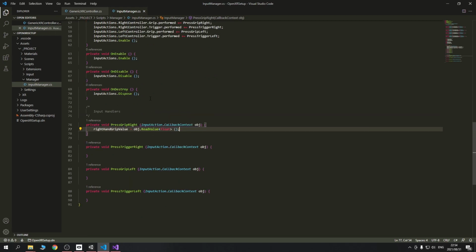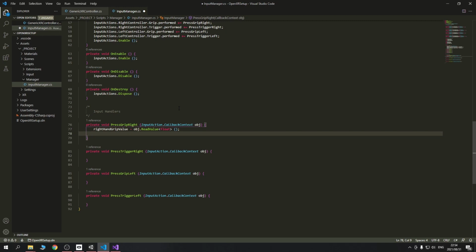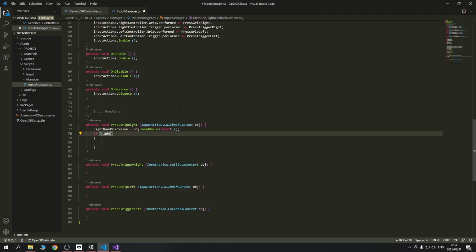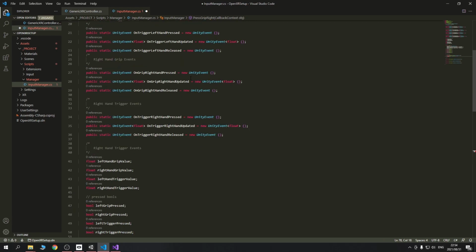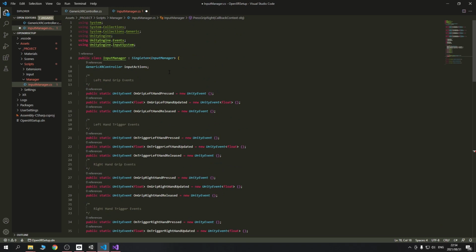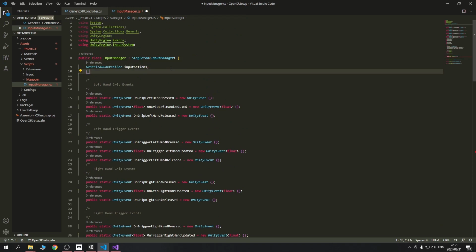Okay, fantastic. Now we actually need to invoke a function if we've not fully gripped nor fully released the button. So let's start off with that. We'll do our simple if statements, but first we should actually make a threshold. So I'm actually going to go here and create a